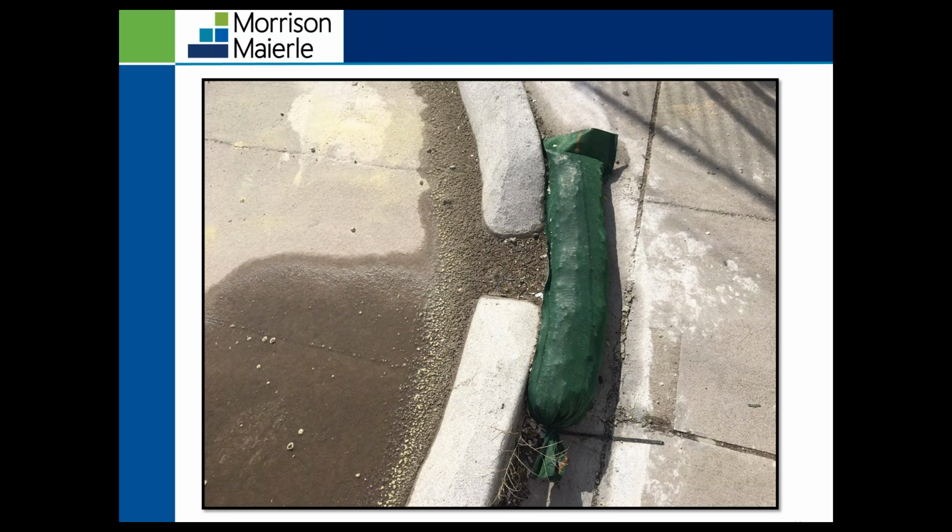Right here we have a rock sock. It's a sediment control BMP. It's designed to slow stormwater flow and trap sediment from discharging from the site. It's most effective when installed at inlets, outlets, near water, wetlands, and impervious surfaces. I like this photo. This is a good photo just to show how effective this BMP is at preventing sediment from discharging from a site.